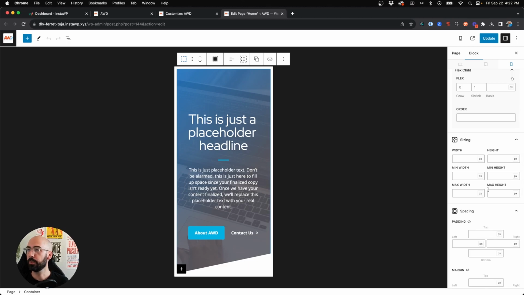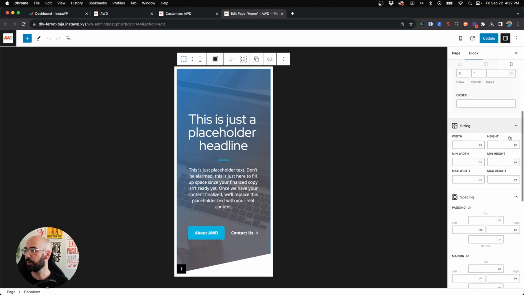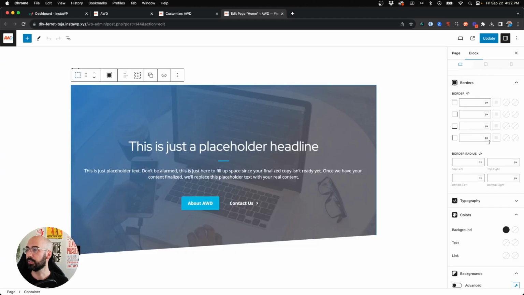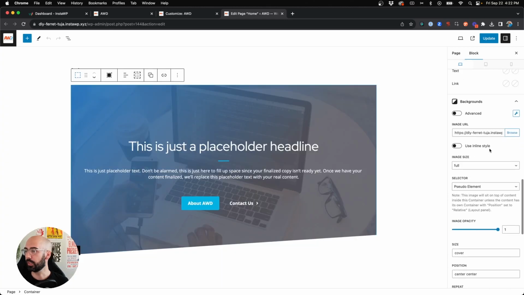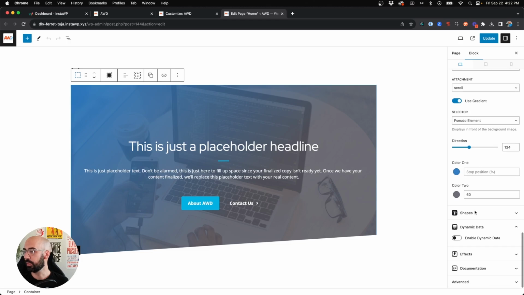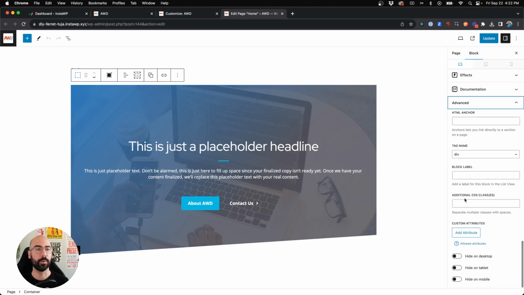So what we want to do then is first jump back into the desktop version real quick and come to the advanced tab here on the bottom right, and we're going to give this container a class name so that we can call to it. So we'll say hero gradient mobile. This is what we're going to use in order to write that CSS and change it on mobile. So hit update,